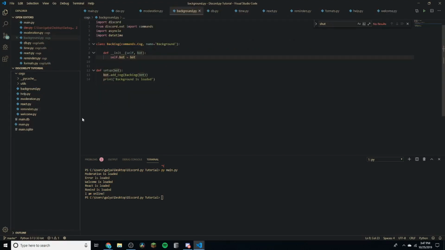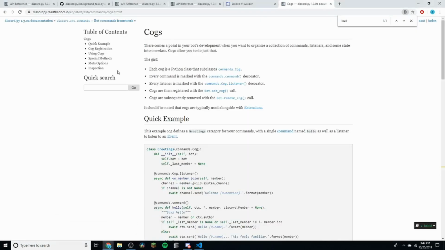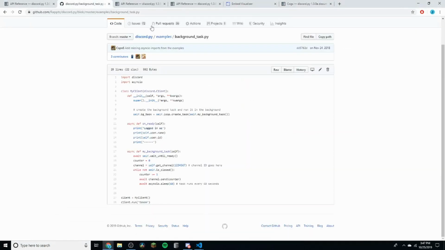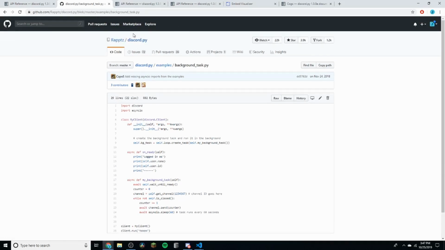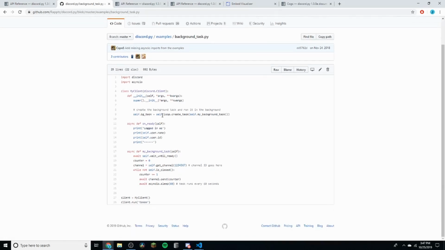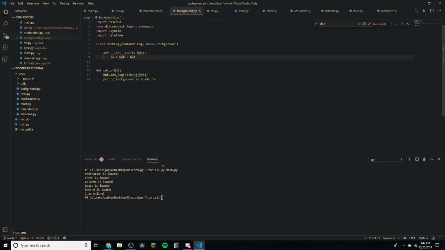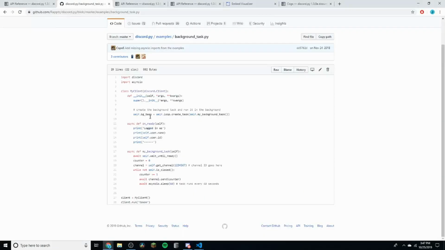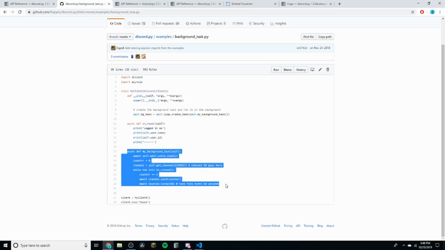Okay guys, so for this next thing, we're going to be going over background tasks. They are actually very helpful. I use them to handle giveaways, to keep the timer going without having to keep the command running. There is an example of how to use this on the official GitHub repository. I made a quick, basic cog file here. We're just going to take the example from the file,